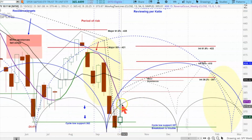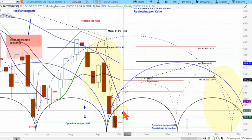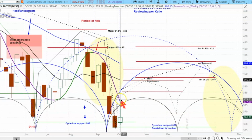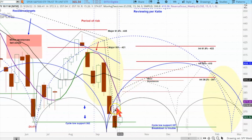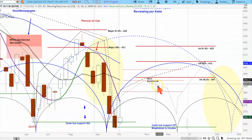So this is now, remember, we're looking at 1 to 3 months in here. So what we want to look at is, what is the minor cycle in here and how high could it likely get up here? Well, being that it already got up to close to 380, this first resistance here at 385, I would doubt that that would hold once they did start to rally. Probably more in this area of the middle of this resistance at 394 to about 396 would be what would stop this first upward thrust that we would likely be getting in here, this impulse period, and then get a pullback